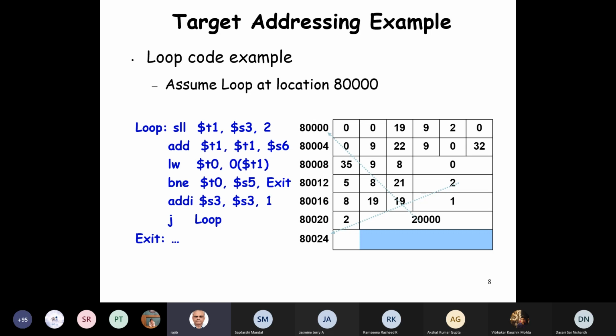The PC is incremented immediately after the instruction is fetched and decoded, and therefore the PC value is 80,014 already, and to that we add this 8 and we get 24. So this is the one to which it jumps.